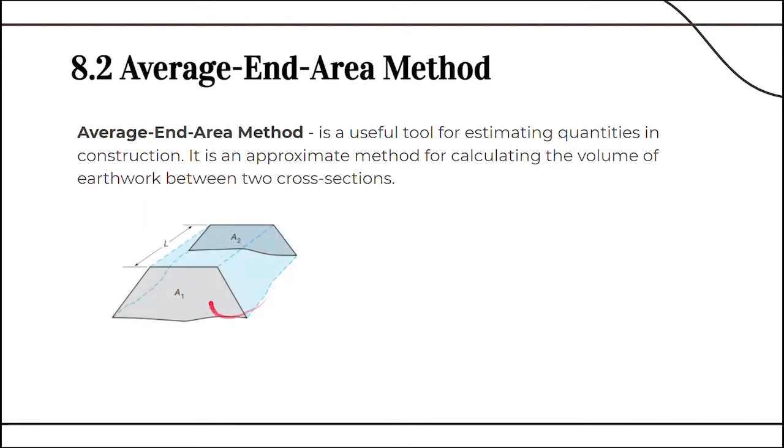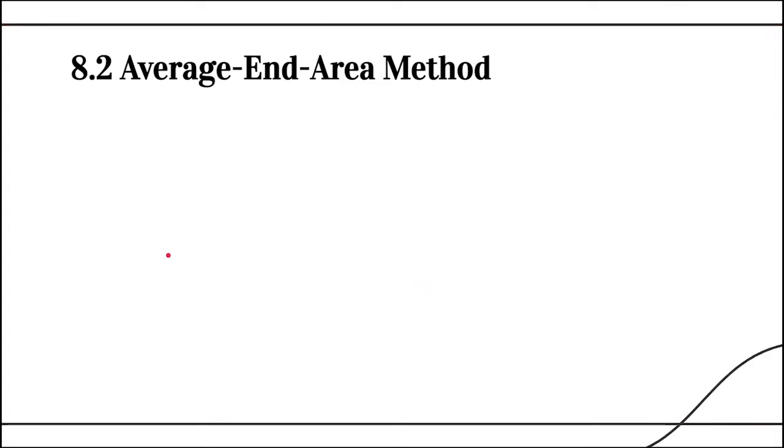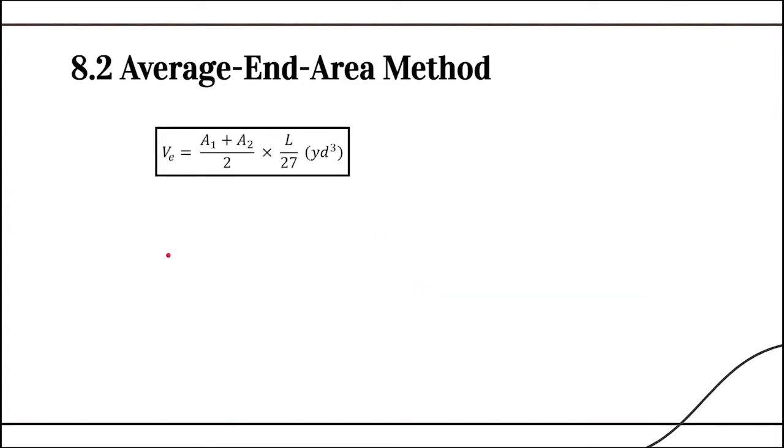We can see here in figure 1, it illustrates the concept of computing volumes by the average end area method. In the figure, A1 and A2 are end areas at two stations separated by a horizontal distance L. The volume between the two stations is equal to the average of the end areas multiplied by the horizontal distance L between them. To solve for the volume of earthwork between two cross-sections using average end area method, we have VE is equal to the average of the end areas, A1 plus A2 over 2, multiplied by the horizontal distance